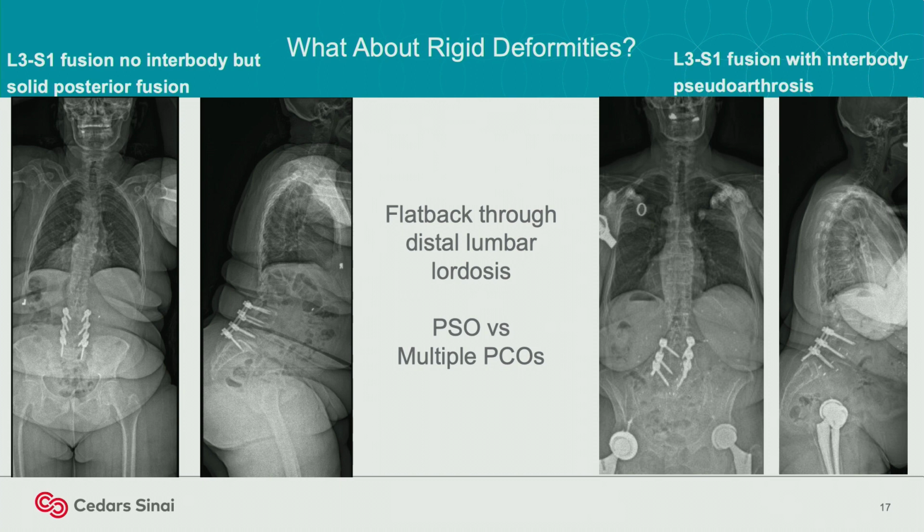What about the cases where you can create some flexibility, sort of these rigid cases where it's not really flexible to start, but with posterior column osteotomies, you may be able to create flexibility? So again, kind of twin looking preoperative x-rays, but again, they're also very different. So this one here, we can see that